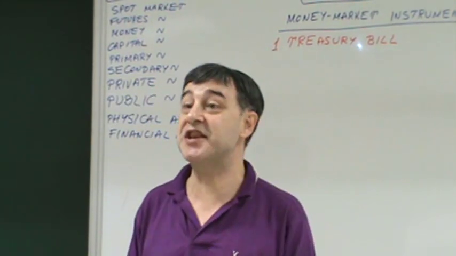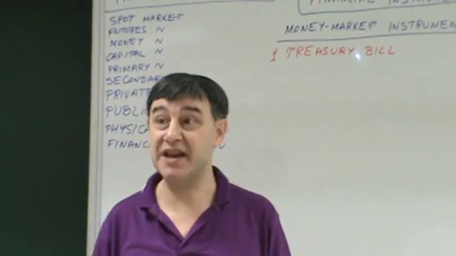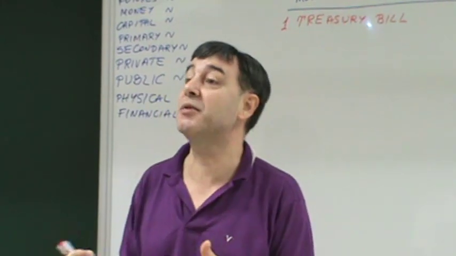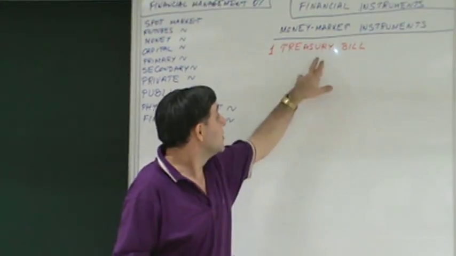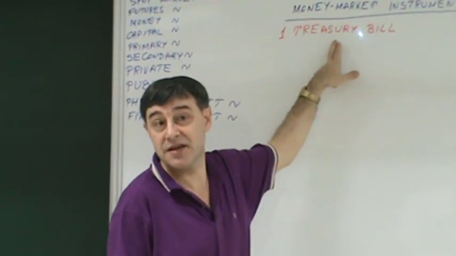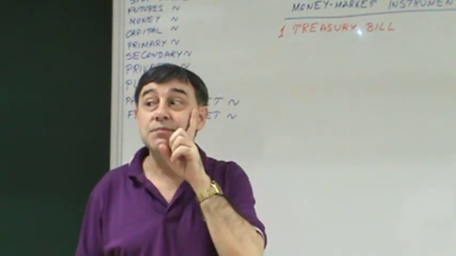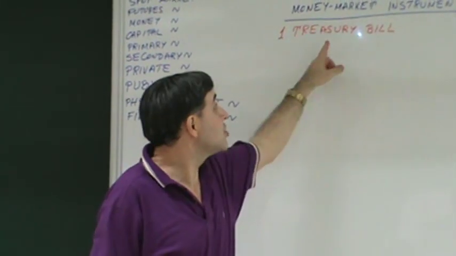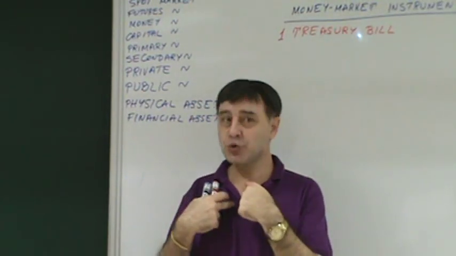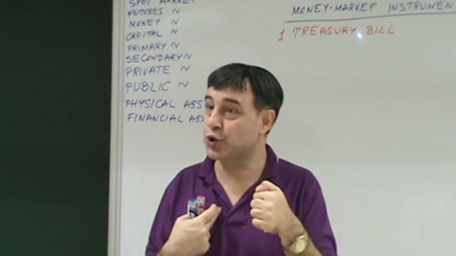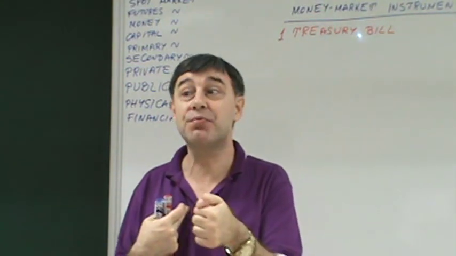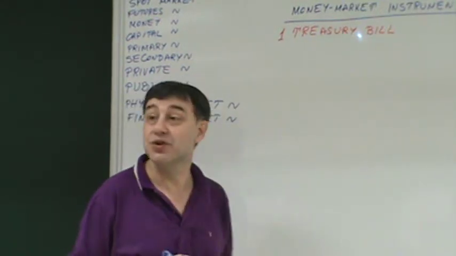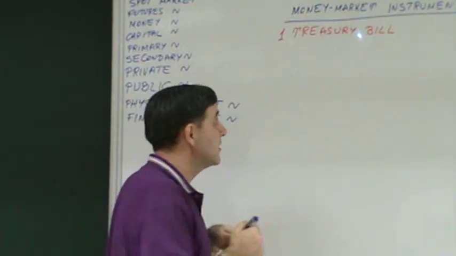Now we know that Greece is technically bankrupt, meaning they are technically insolvent. They will never be able to pay their debts back. And there, Treasury securities are certainly not risk-free. Now, let me clarify and explain. When the government issues its Treasury securities in its own currency and is able to actually pay back with printed money, then the correct statement to say is that these securities are default-free.